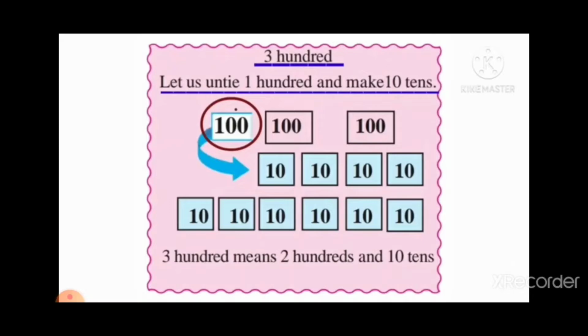Take a look at this example. 300. Let us untie 100 and make 10 tens. Now, out of 300, if we convert 100 into 10 tens, then we have 200 and 10 tens. So 300 will be equal to 200 and 10 tens. Another example,